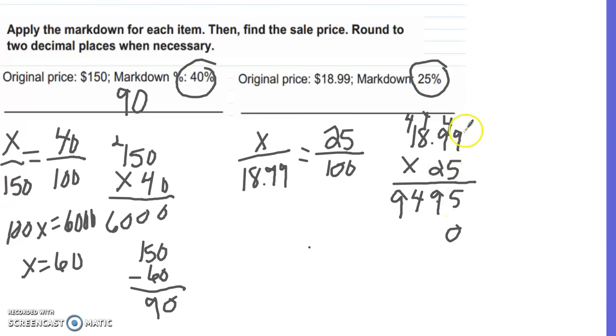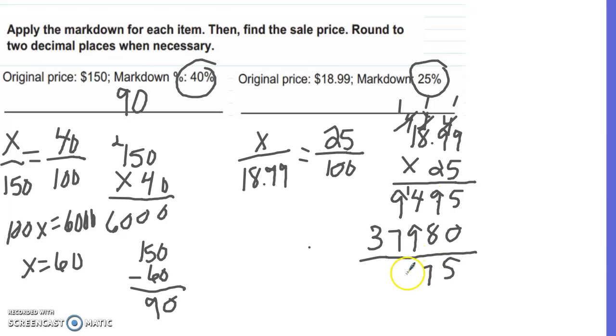Put a placeholder. 2 times 9 is 18. 2 times 9 is 18, plus 1 is 19. 2 times 8 is 16, plus 1 is 17. 2 times 1 is 2, plus 1 is 3. The second row is 37980. We add it up. We get 5, 17, 14, 17, and 4. Decimal plus zero is decimal. So we have